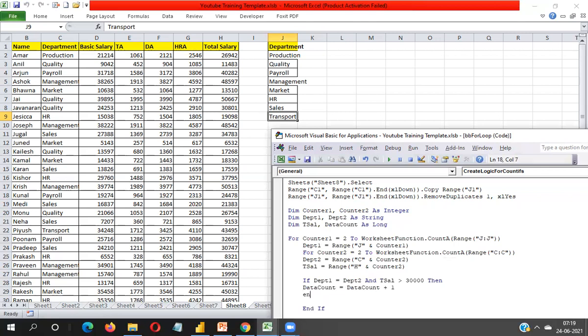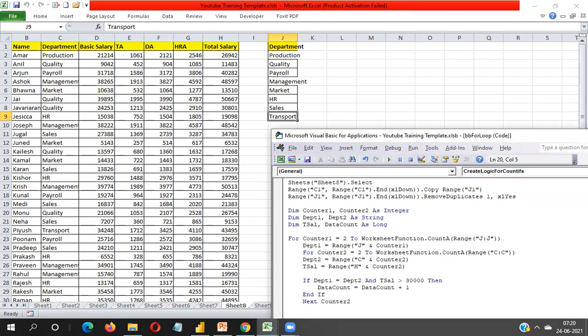Okay, then here I need to write end if, then I have to place the data. Okay, so I have already closed the end if. Now I have to close the loop. Next, counter 2, and here I need to place the count.